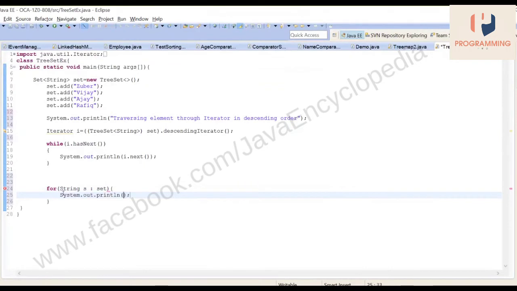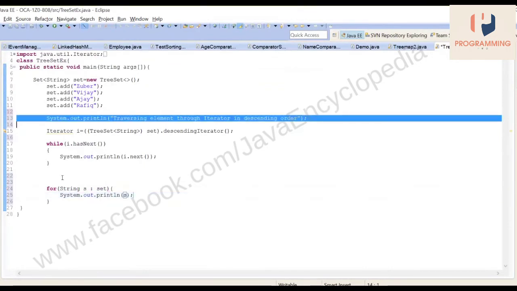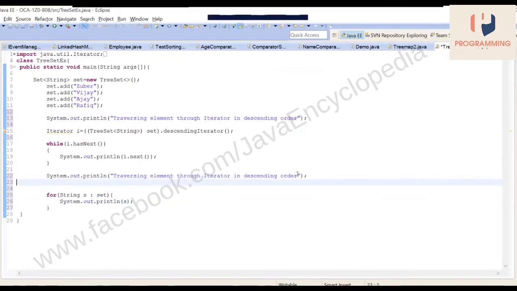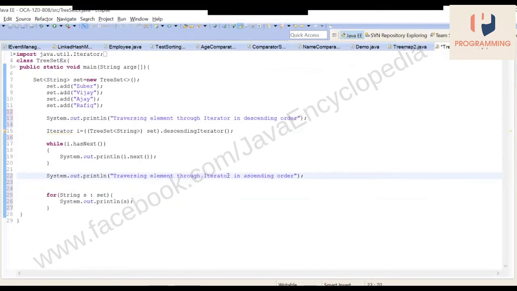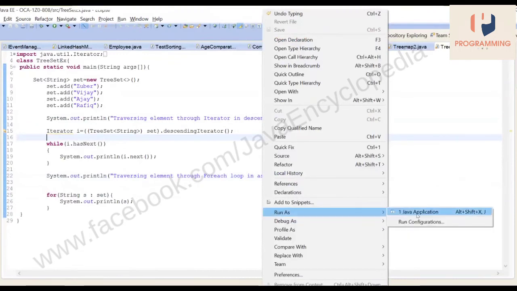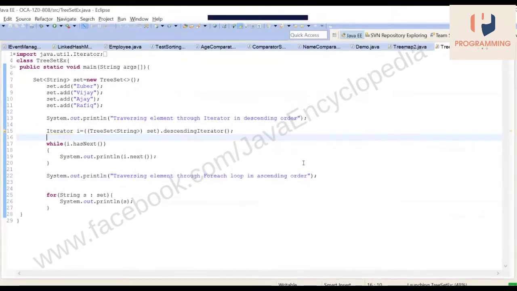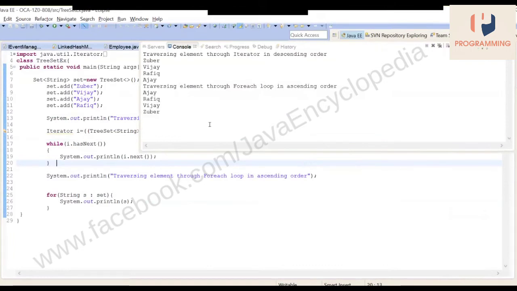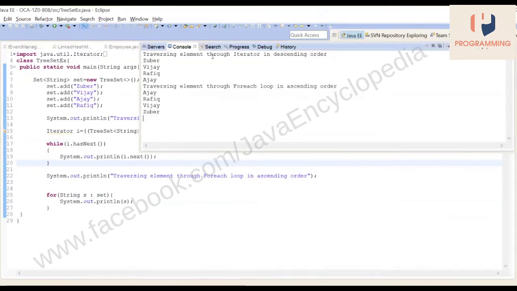Now we are going to run the program once again, which will show you both. If you see, through the iterator we are getting a descending order.